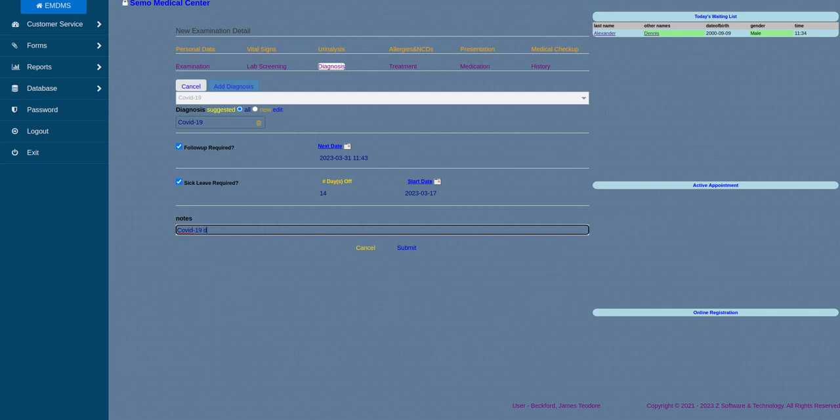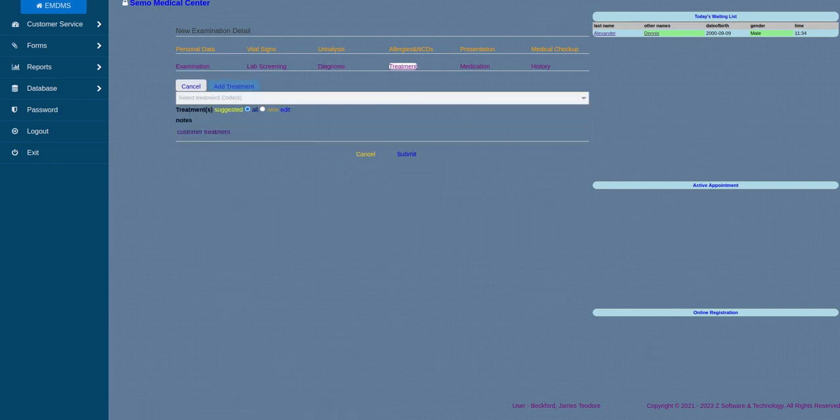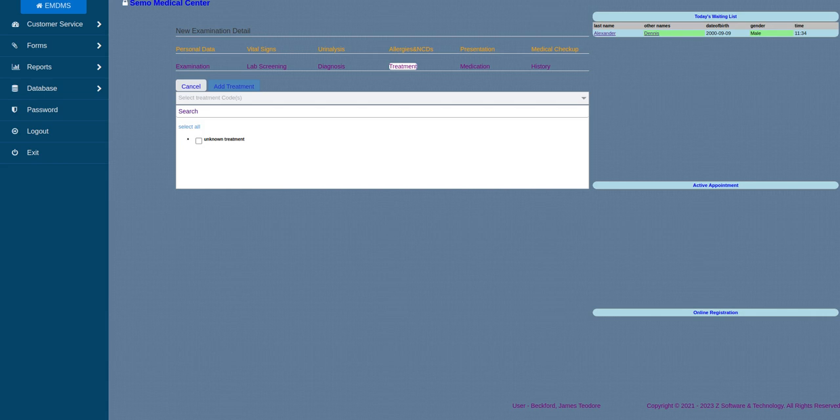COVID-19. Diagnosed. Treatment. What are the treatments that we can administer in-house? Right now we have no treatment